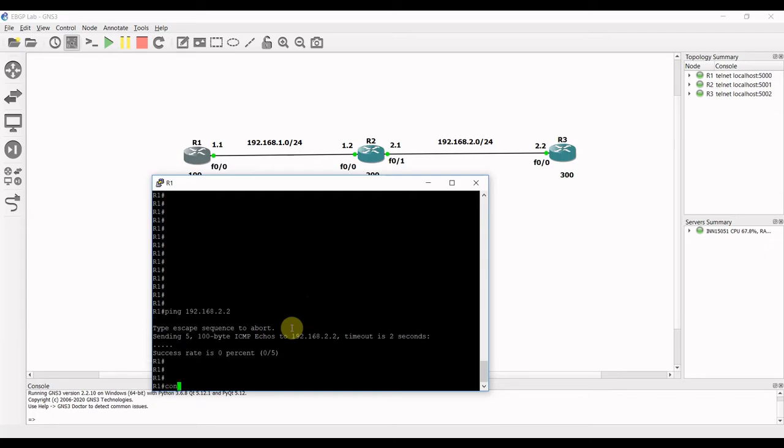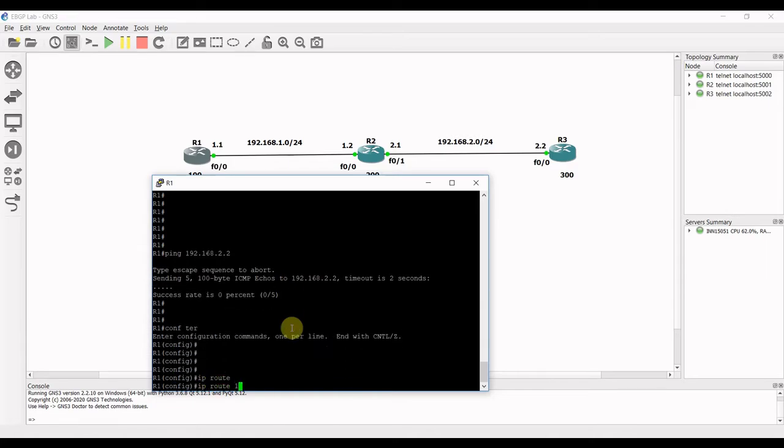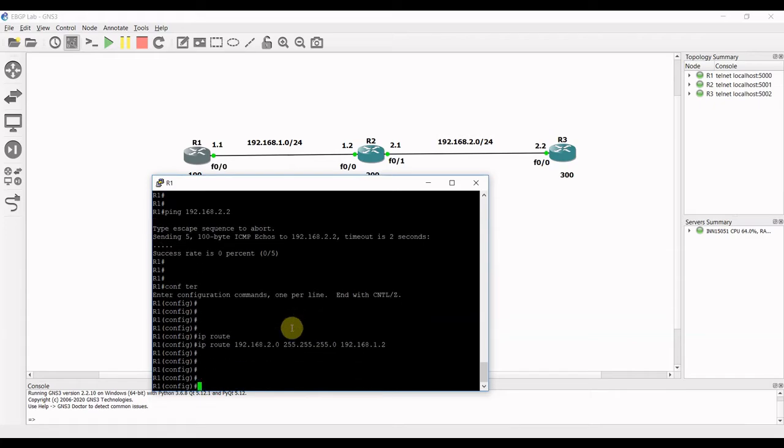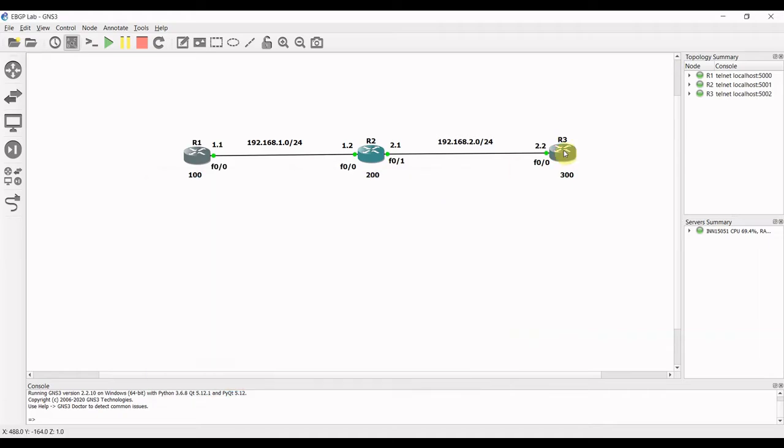This is the subnet mask, and to reach this network we should go via R2. Let's do the same thing at router 3 here.